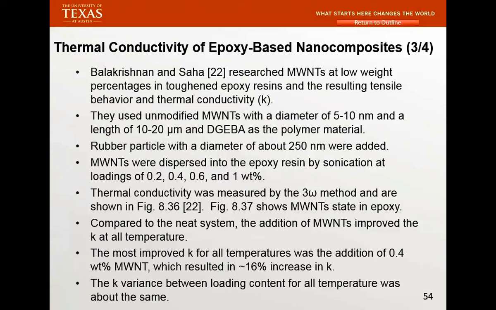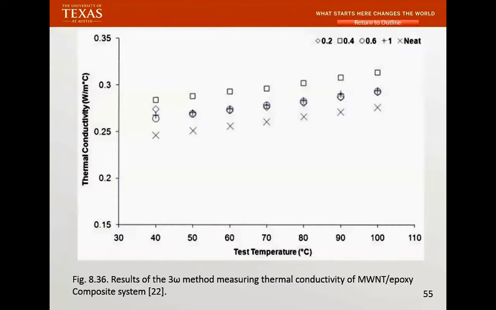Okay, and they do all these and then show results, and they have the 3 omega method. They have different methods of measuring thermal conductivity. Like 3 omega is widely used, and they use that. And he was able to say that if you use 0.4 of multi-wall carbon nanotube, you get a 60% increase in thermal conductivity. Let me ask you this: is it good? Is it significant from your experience?